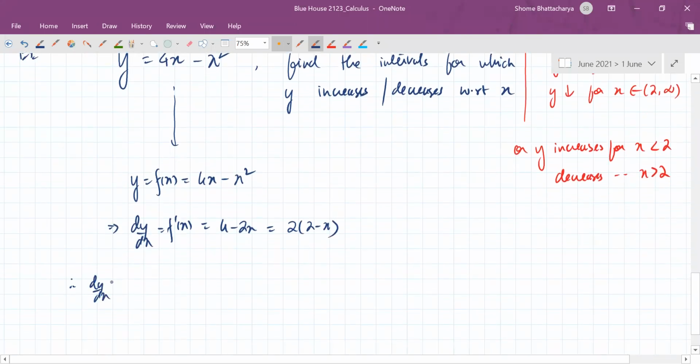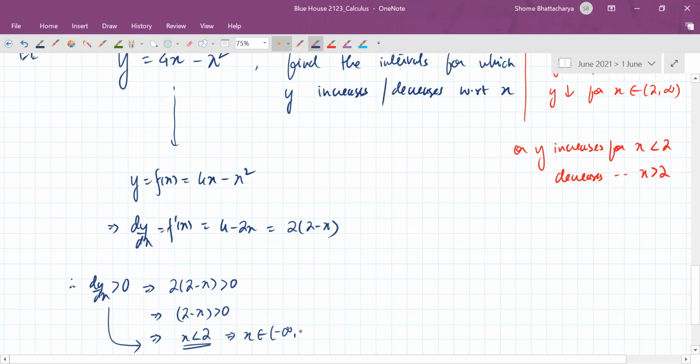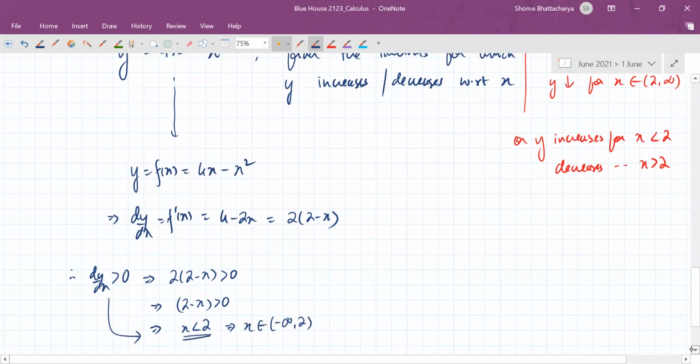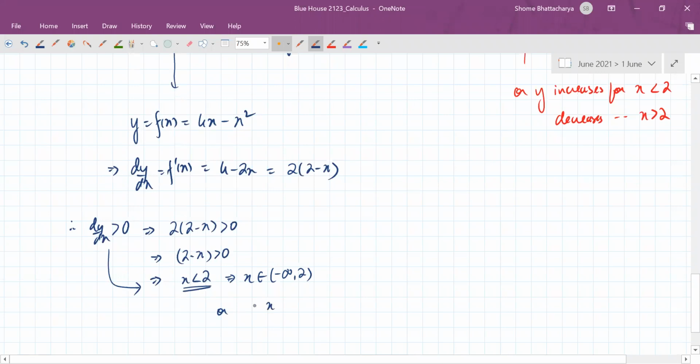dy by dx, or the derivative, is greater than 0, implies that 2(2 minus x) is greater than 0. So that means that 2 minus x is greater than 0, which means that x is less than 2. So dy by dx is greater than 0 for x less than 2. We can also write it like this, that x is from minus infinity to 2, but not including 2, because dy by dx is 0 at x equal to 2, and dy by dx less than 0